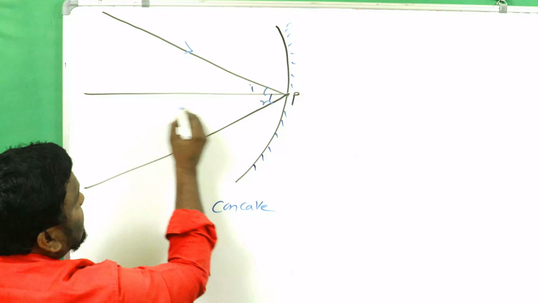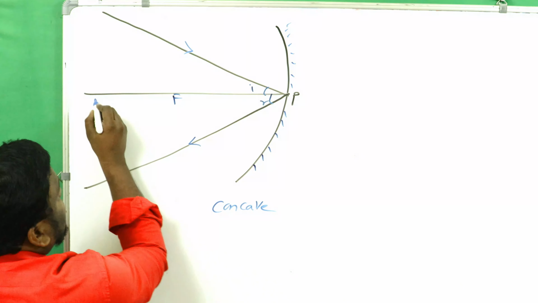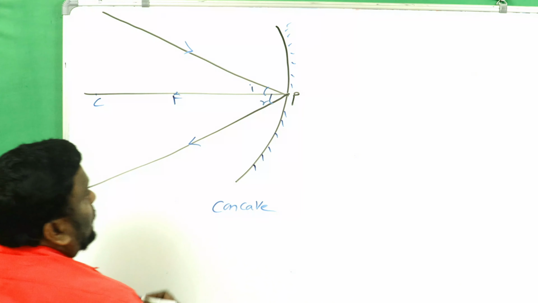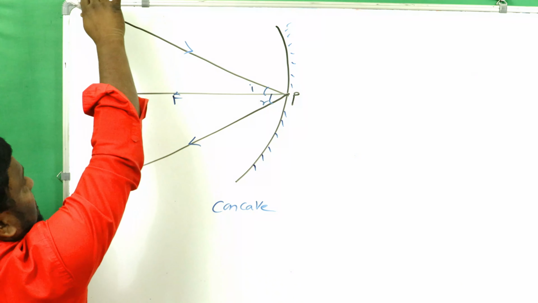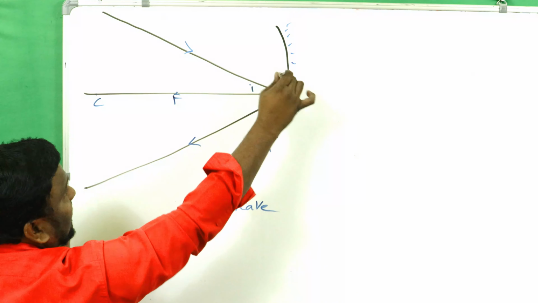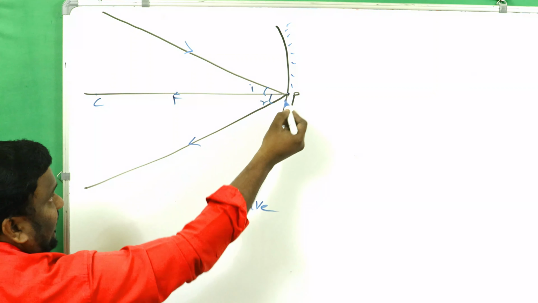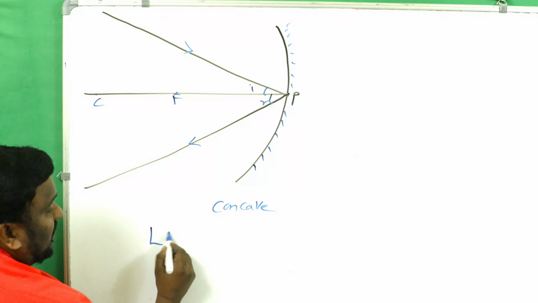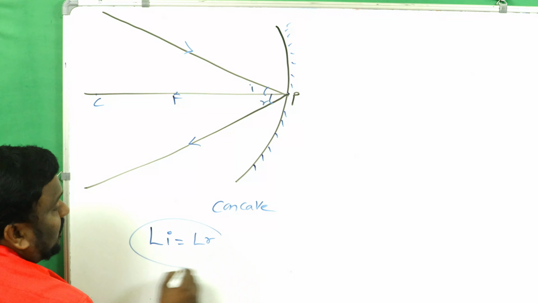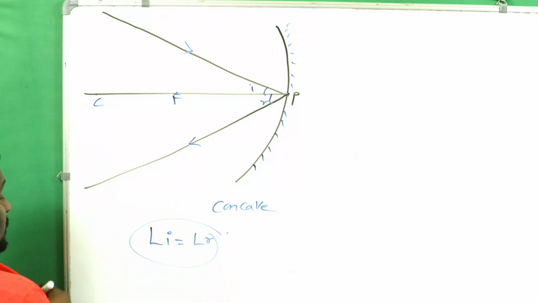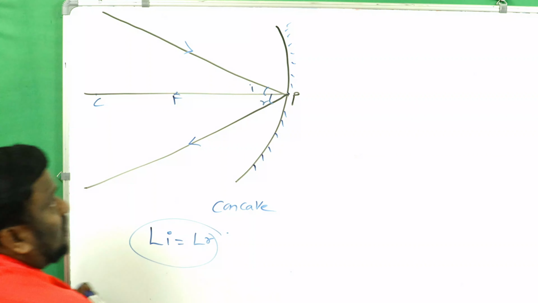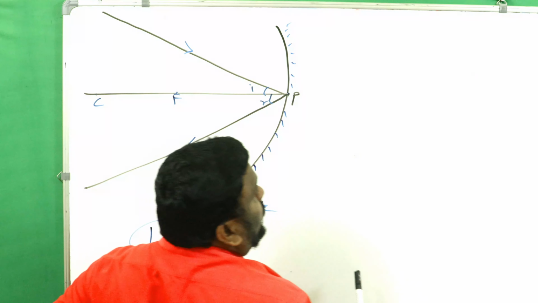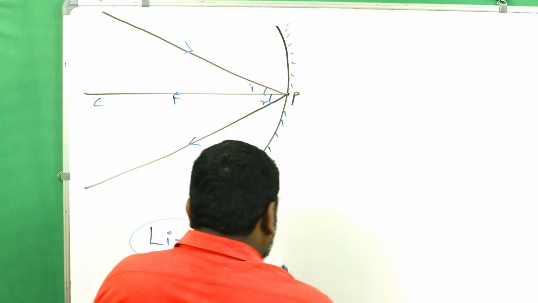So this is the principal axis. Now this is the pole, and this is the center of curvature. What I am telling is, the ray is incident obliquely with a certain angle at the pole. In the same manner, it is going to be reflected. In this case, angle of incidence is equal to angle of reflection. That means the first law of reflection is applicable. And now, if you go for the convex mirror,